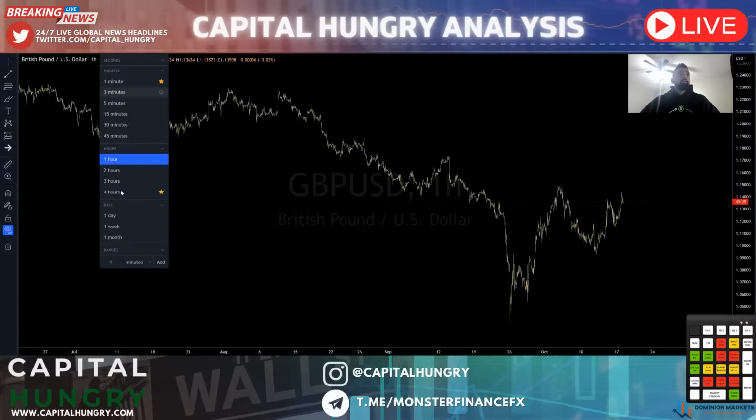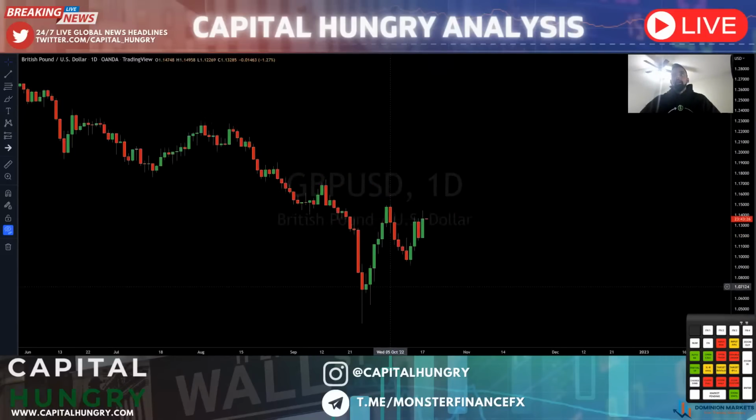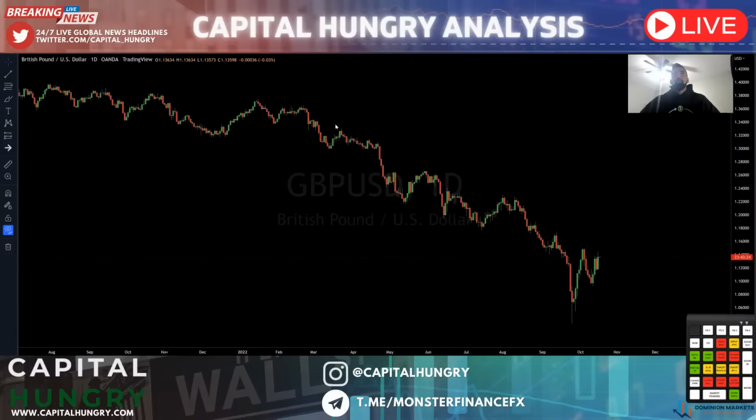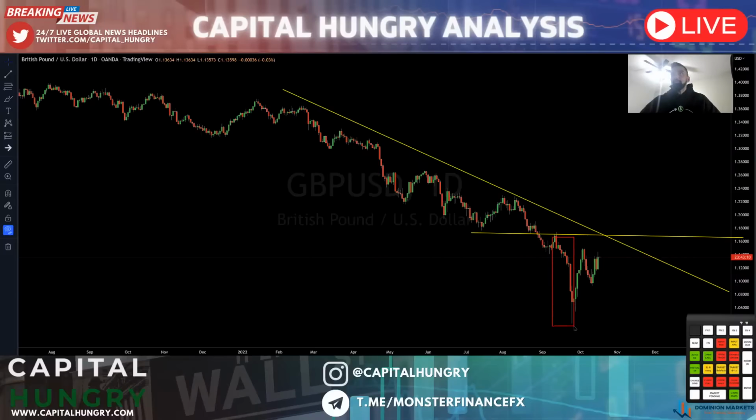GBPUSD, when we're looking at it on the higher time frame, is still extremely bearish in market structure, extremely bearish in price action, but getting pullback phases is completely normal. And the pullback phases are always in relation to the downside move. At the start of October, we had extremely impulsive downside. Seeing a pullback phase to even retest bearish market structure, previous significant lows in the liquidity zone around 1.16 is not out of the ordinary at all before still continuing bearish on the higher time frame.